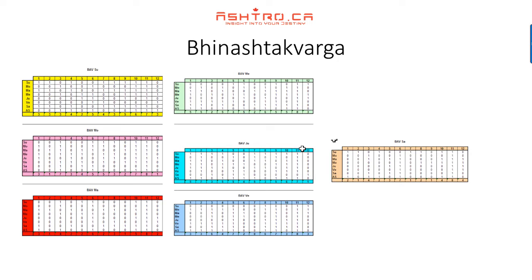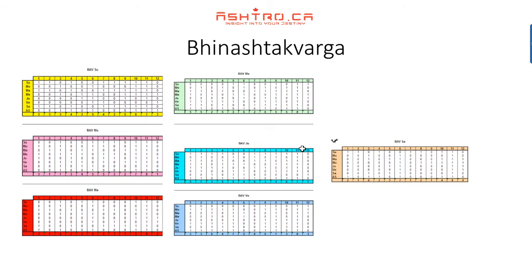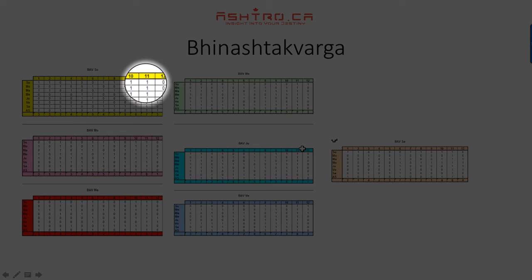As an example, let's take Sun. Now, Sun has distributed its points based on its position. Whichever position the Sun is in the chart, it will distribute its power based on that. So whichever house the Sun is in will get 1 bindu. The second house from it will get 1. The third house is not good, so it gets 0. The fourth house will get 1, and so on and so forth,